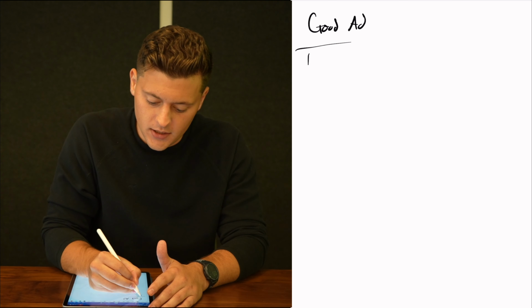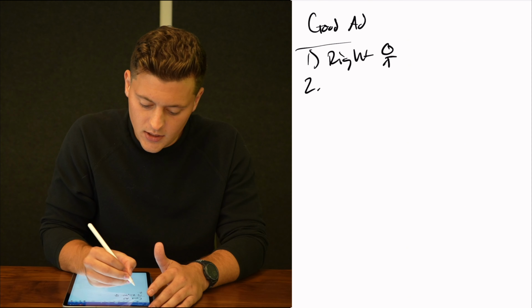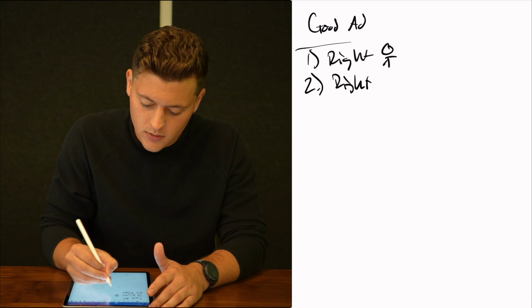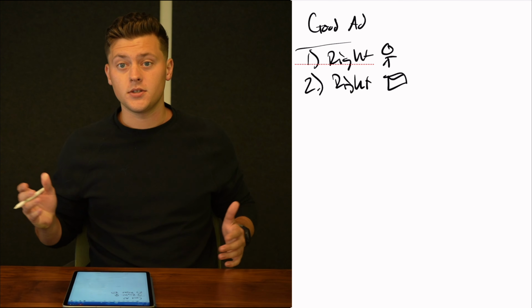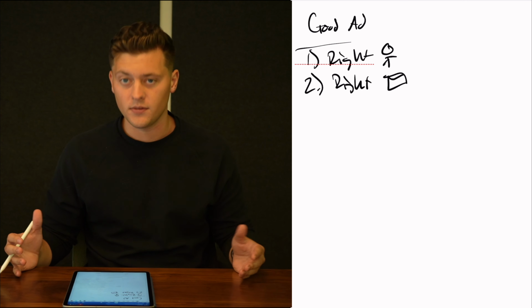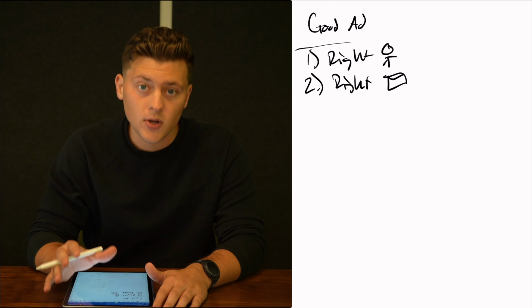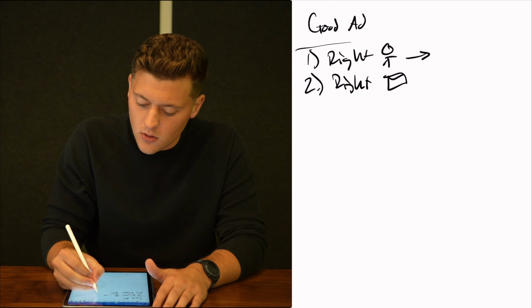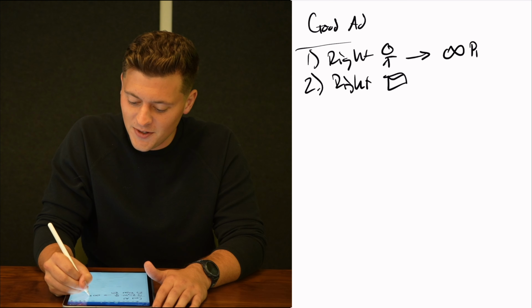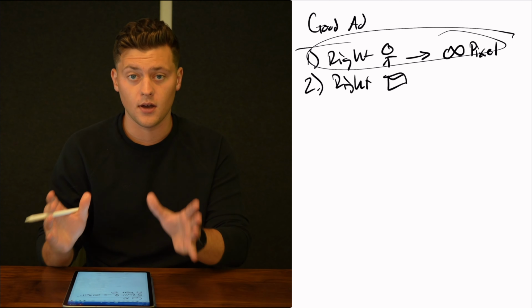When you think of what actually makes a good ad, it comes down to two things, right? It's the right person and then the right message. And the beautiful thing is the Meta Pixel actually solves that for you. The Pixel solves the problem of it being sent to the right person. This is targeting. So I'm just gonna draw a really shitty logo here of the Meta Pixel. This is the Pixel. The Pixel solves this piece of the puzzle, right?